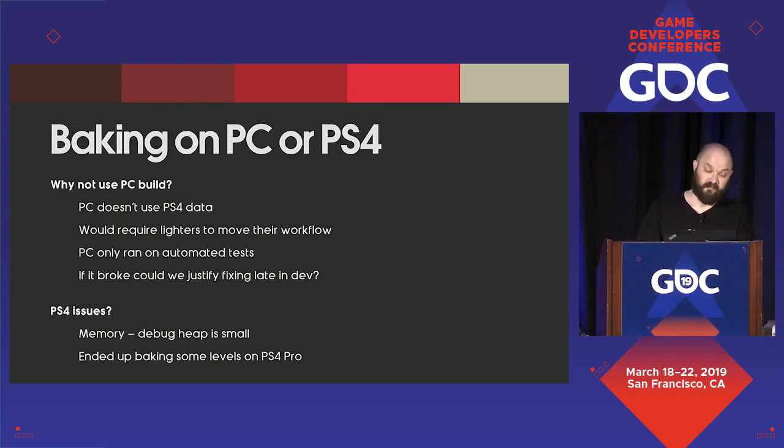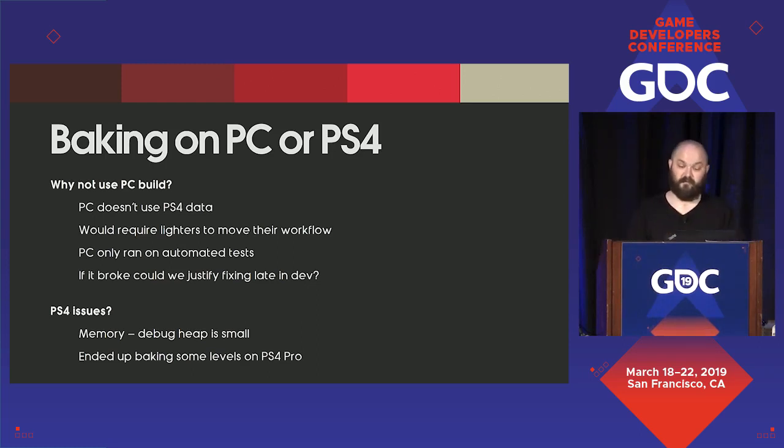I get asked sometimes why we didn't use a PC build, and for similar reasons as I mentioned before, I don't really want them working out of their normal workflow. They're already building data once. I don't want them to build additional data for PC. I mean, PC shares some data, but it's not identical, so it is an extra step. But it also leaves them on an island as pretty much the only group relying on the PC build for their workflow,